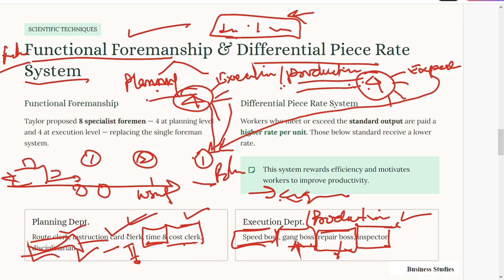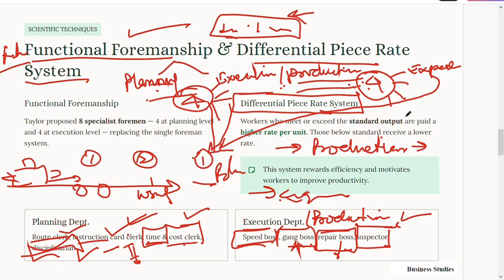Now differential piece wage system. Differential piece wage system says the salary of the employee should be given according to the standard output if they are producing. So every employee should be given according to their production, according to their production only it should be given. So what happens in this,